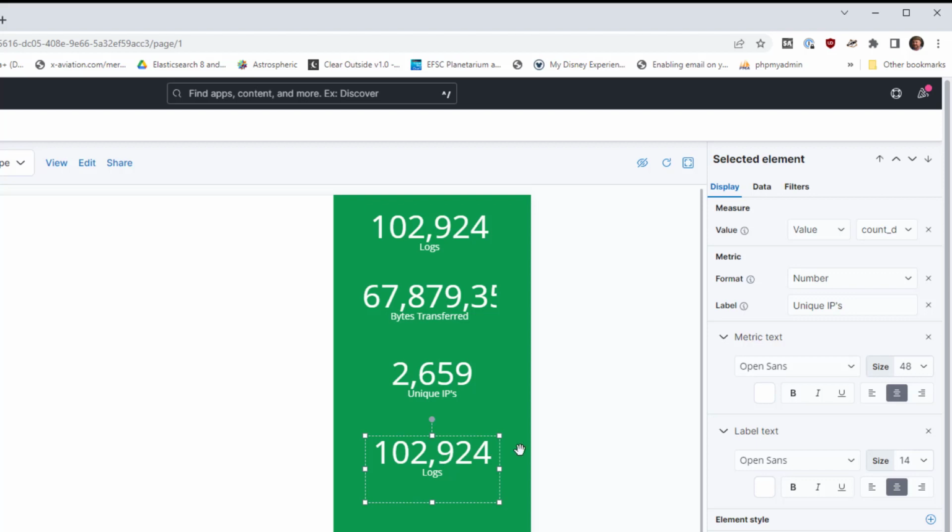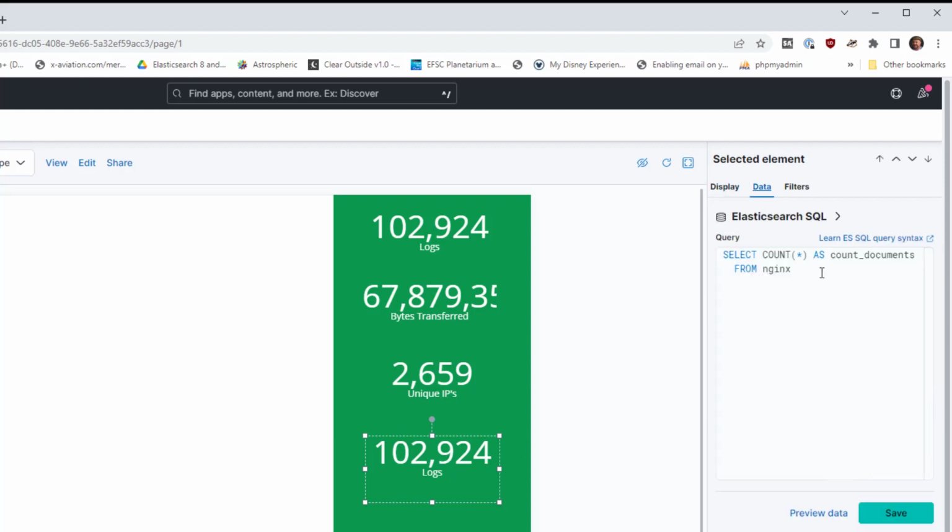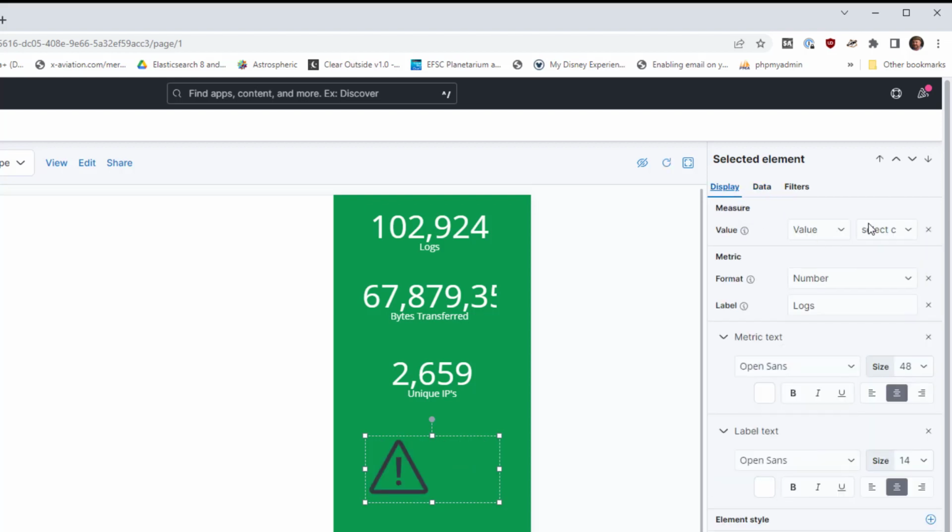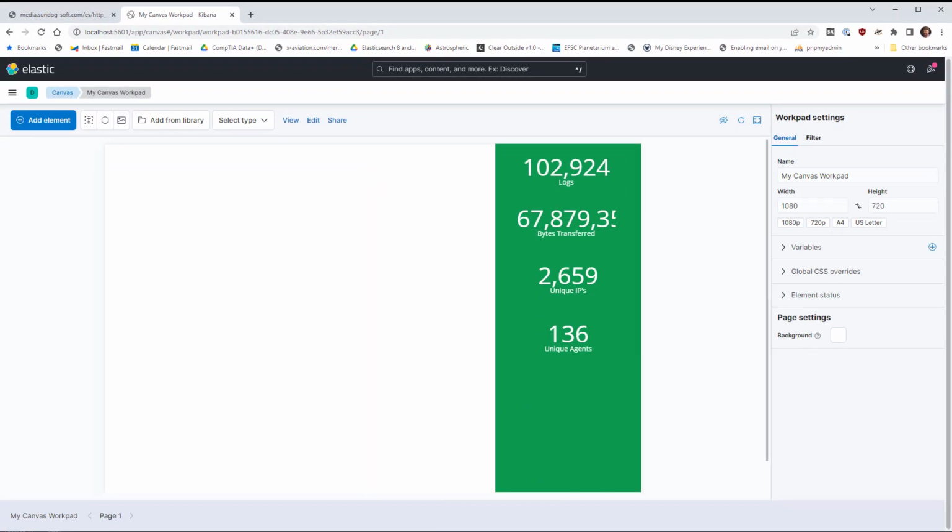And finally, for the last one here, for the third new metric, we're going to change its data to select count distinct agent as agents from Nginx. And again, change its value to the new agents value and change its label to reflect what it really is, which is unique agents. All right, so for each one, we followed the same procedure. We just pointed the value field to use the column resulting from our SQL query, and we changed the label